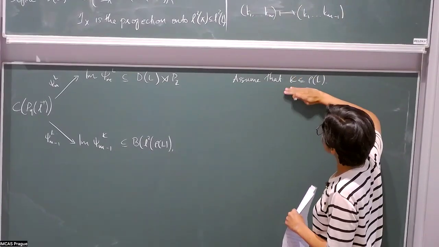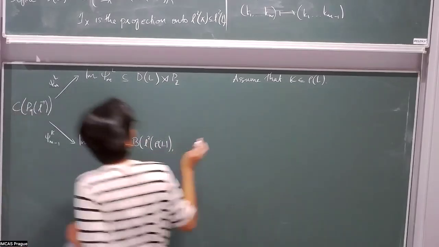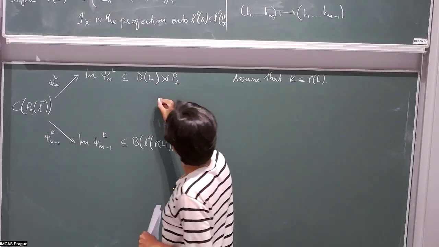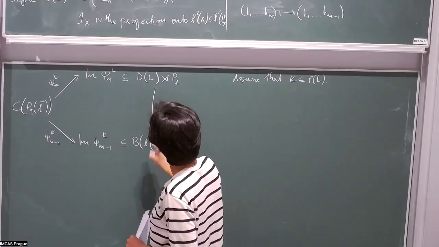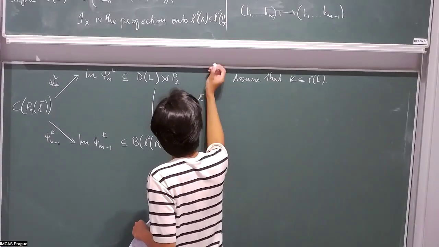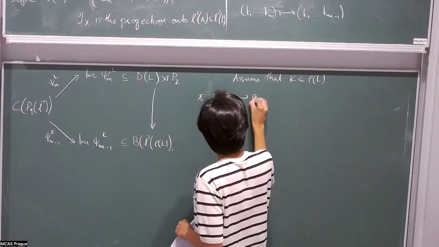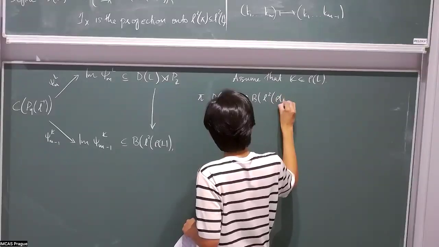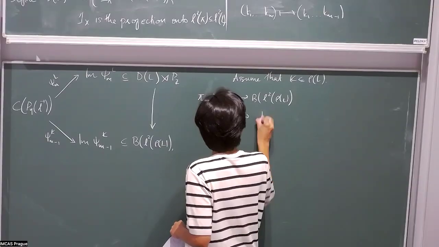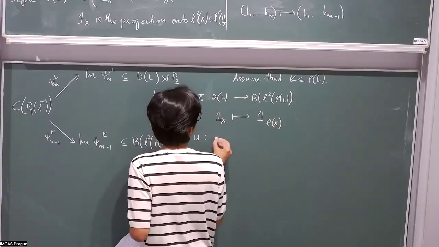And if I assume that this K appearing here is contained in rho of L, then I have a way of defining a mapping here by, again, a covariant representation. I can take B of L and map it to rho of X and U by taking